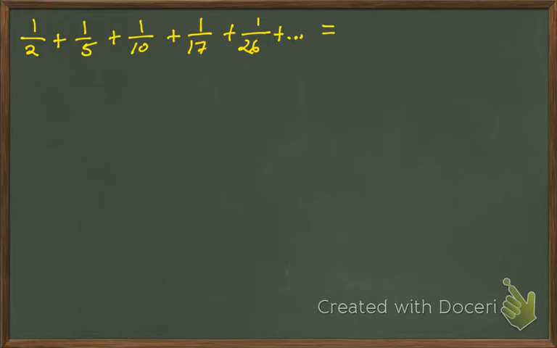So 1 plus 1 is 2, 4 plus 1 is 5, 9 plus 1 is 10, 16 plus 1 is 17, 25 plus 1 is 26. And so the formula for this is going to be the sum from n equals 1 to infinity of 1 over n squared plus 1. Now, if we're going to use the integral test, the function that we're going to use to match our sequence here